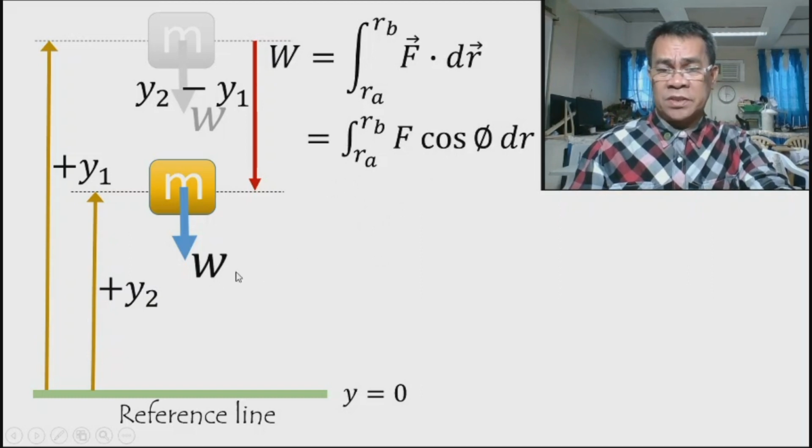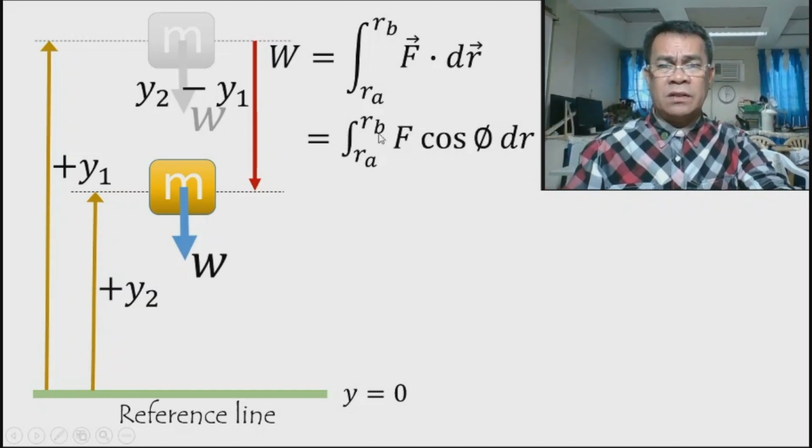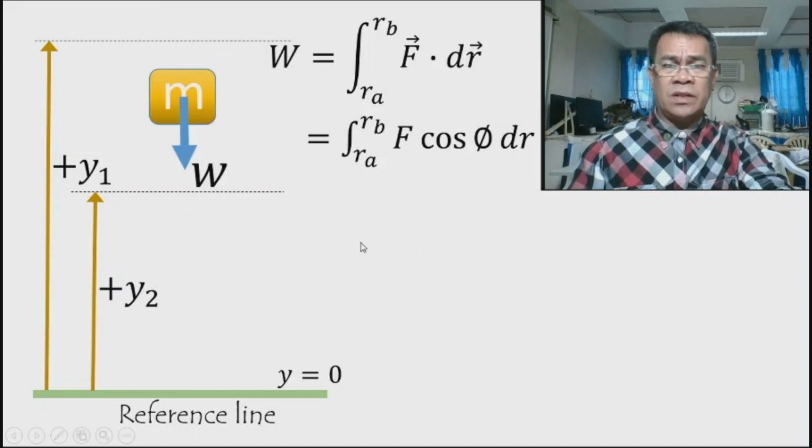Okay? Our force is mg. And the angle is what? What is the angle? Okay? And the limit, the initial is y1, while the final is y2. Okay? So at any point in the travel from y1 to y2, let us say at that point, we have